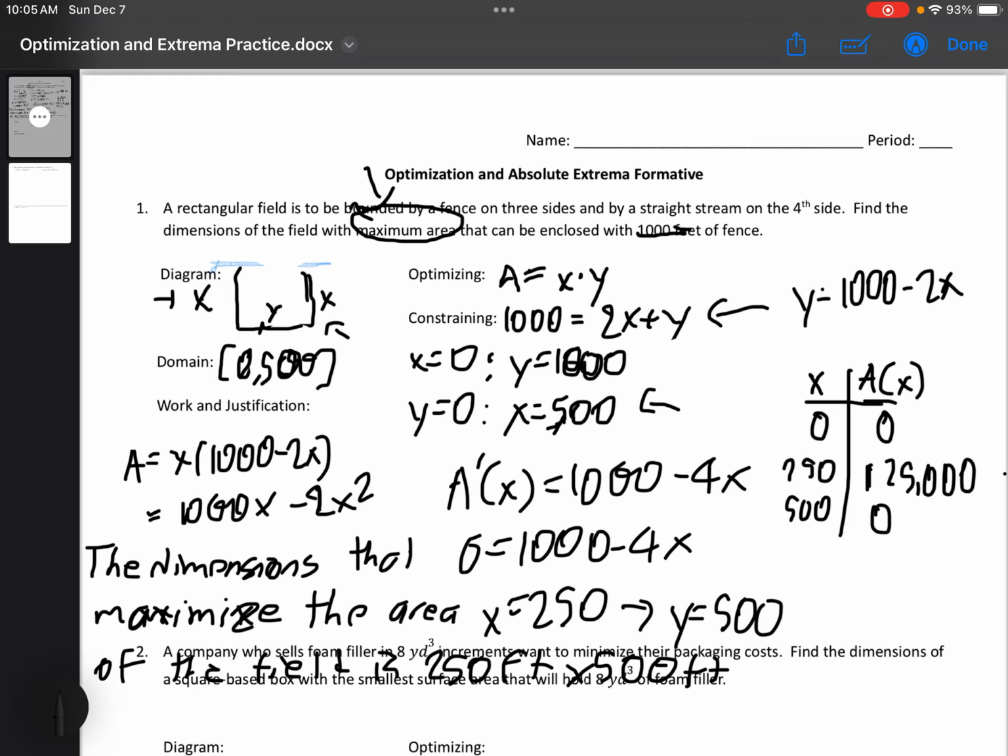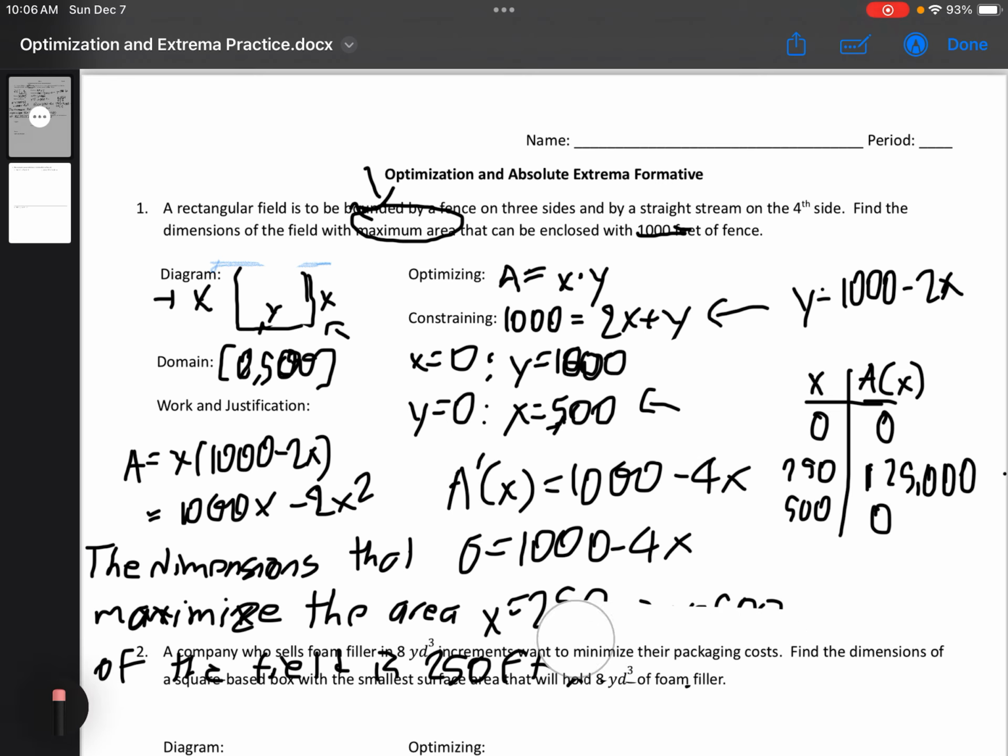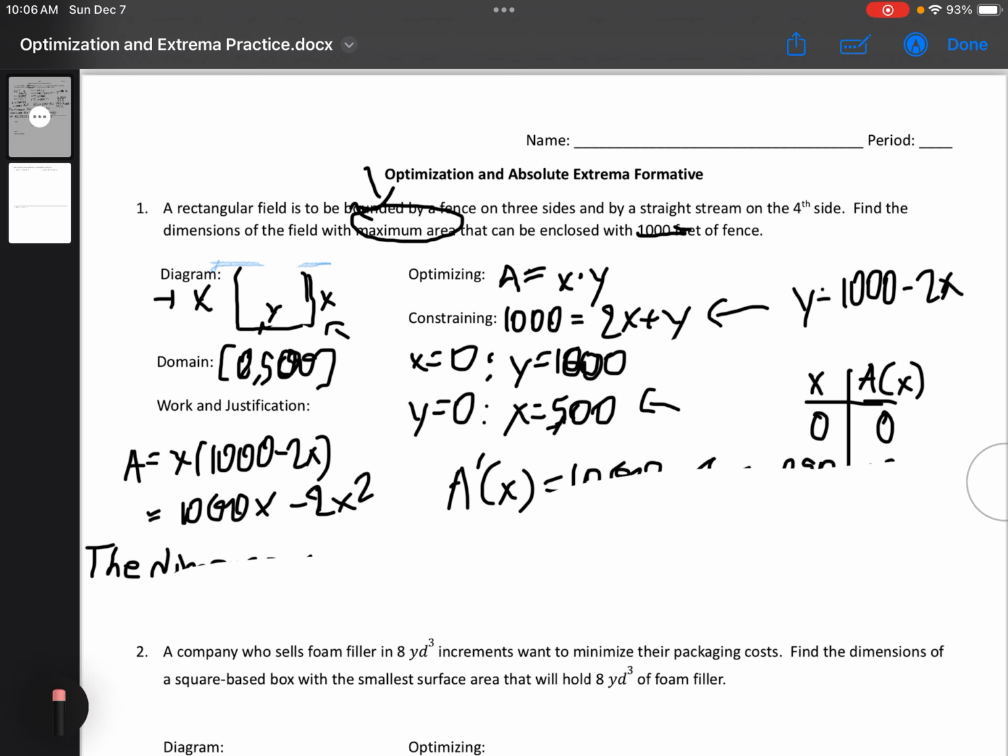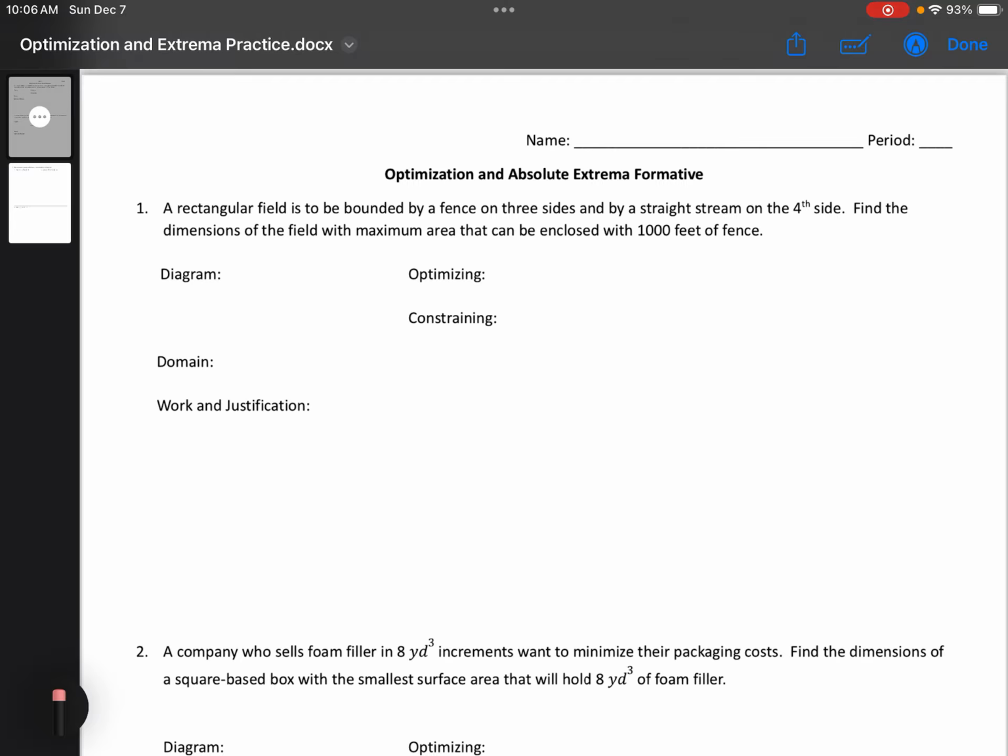Make sure to always write your final answer sentence in terms of the context of the situation, otherwise you won't get full points. And if you follow these steps, for every single optimizing question, you should get full points every single time. Now, the second